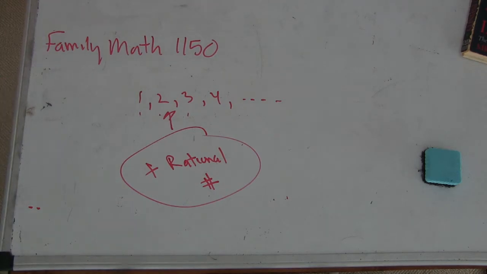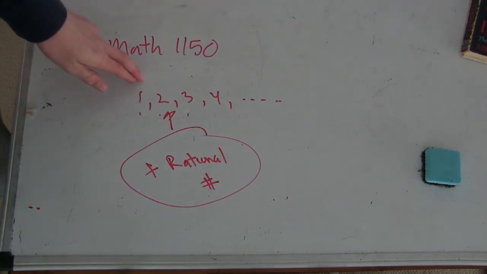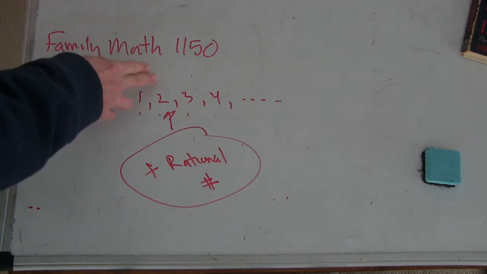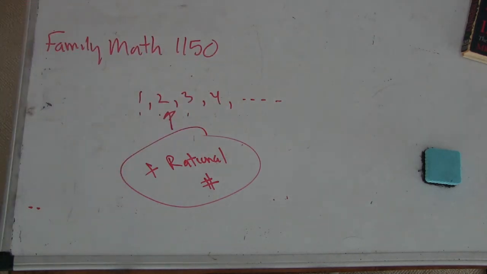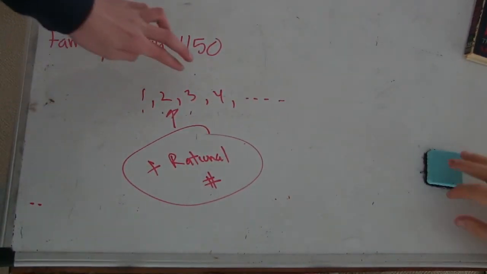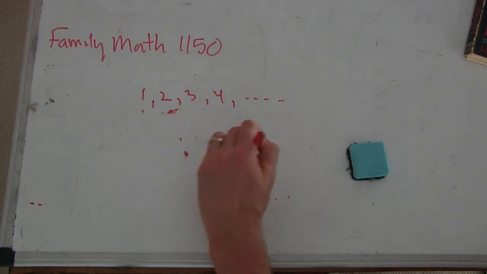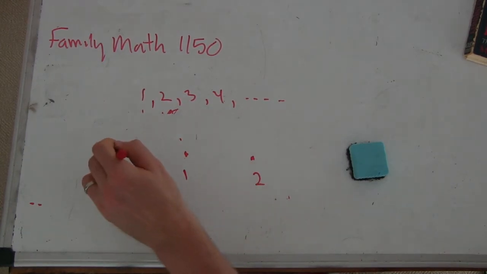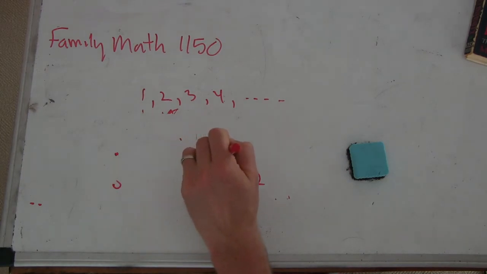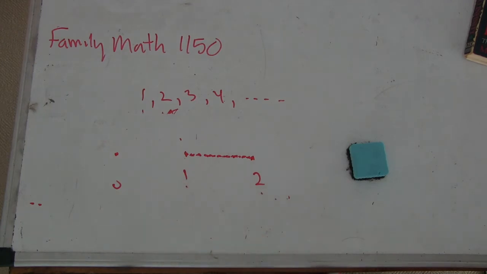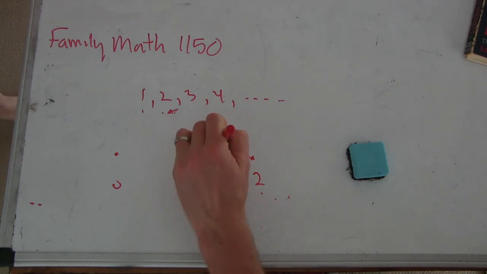Well, you have infinitely many rational numbers that can fit in just the space from 1 to 2. Right. So you would think that would create a larger infinity, because you have infinitely many of these. Just going from 1 to 2, or even going from 0 to 1. I mean, obviously, they don't hit every number. Like, what's a number between 1 and 2 that's not a rational number? Square root of 2, which is about 1.4.